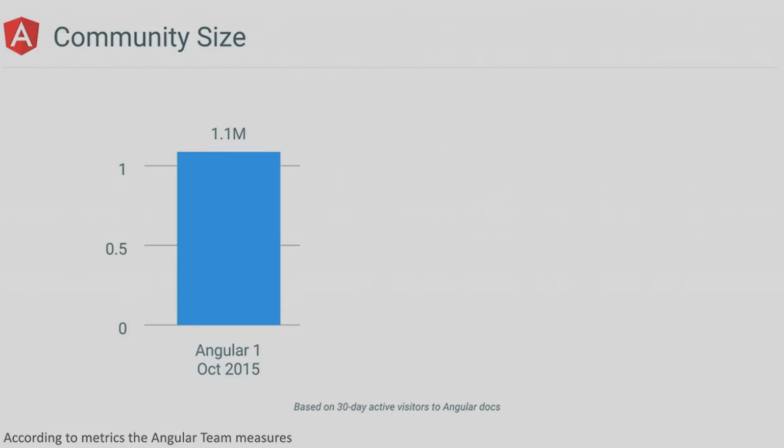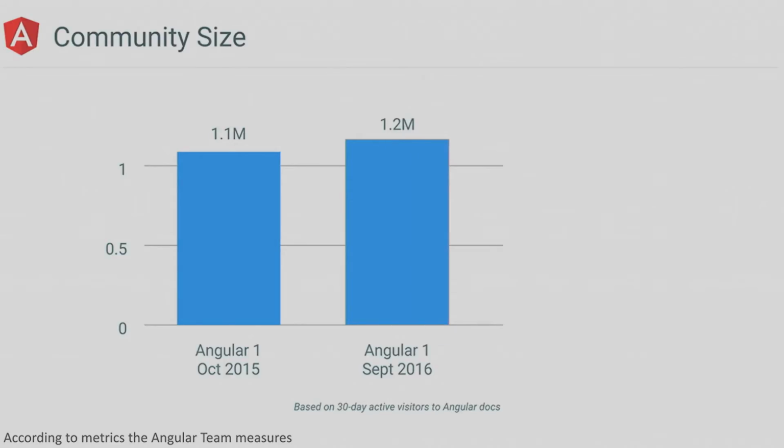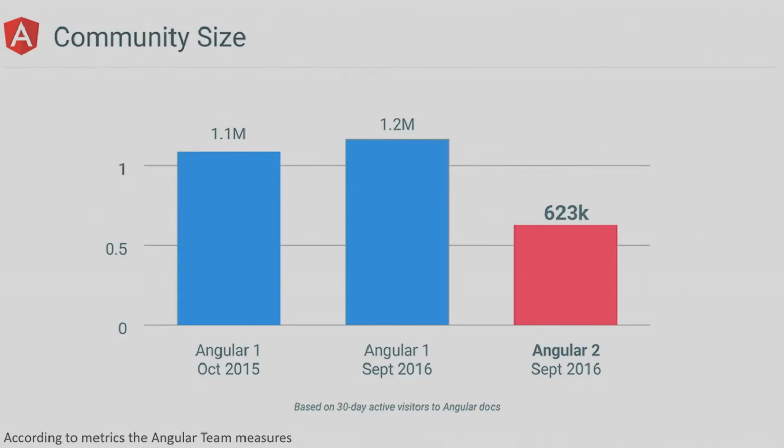They don't measure downloads necessarily because that's hard to measure for usage, because somebody might download it 10 times in the same day. So those are difficult. Those numbers are way, way, way higher. But then if you look at where Angular 1 is this year, and I just took this measurement, they're about 1.2 million. So they've actually increased the number of people coming to use Angular 1 over the last year, slightly, a little less than 10%. But where do you think Angular 2 is as far as the number of visits right now? About half that. That's pretty impressive for a product that just came out in the last week.